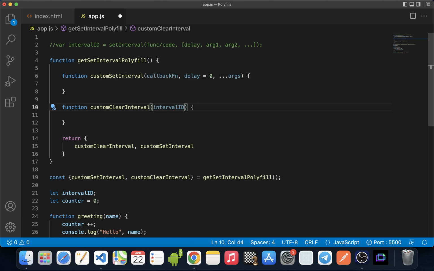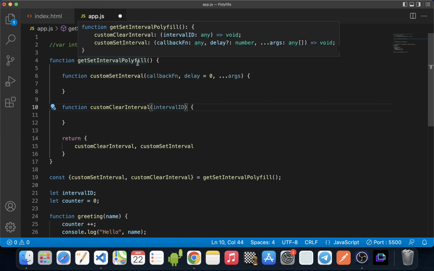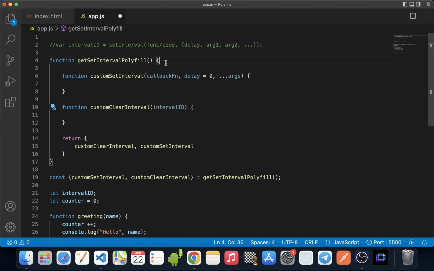Let's write the custom set interval function first. Inside this function we have to create a new interval id and return that unique id. So let's create a closure here.